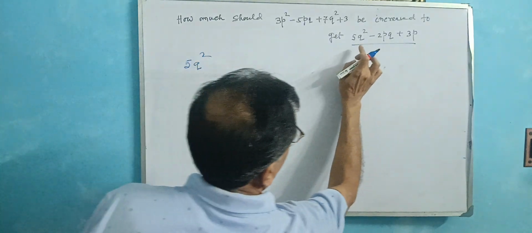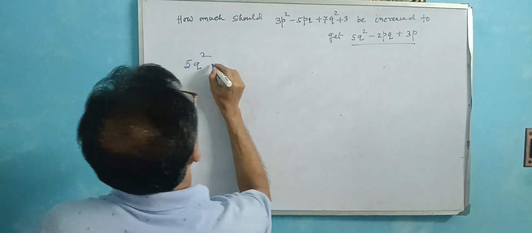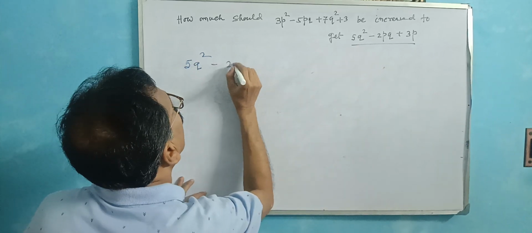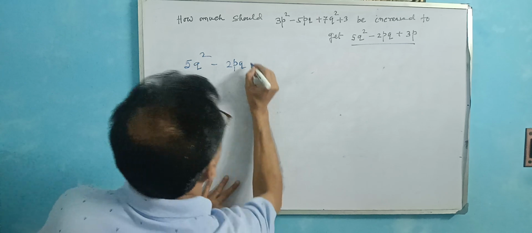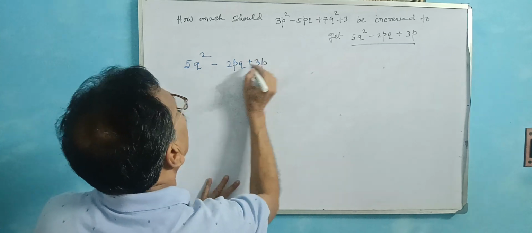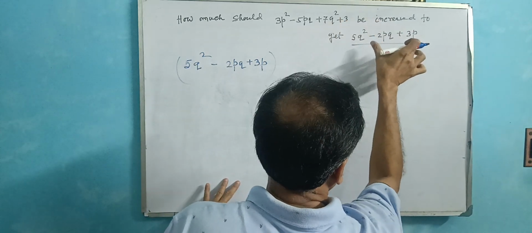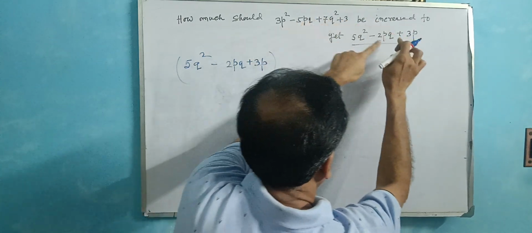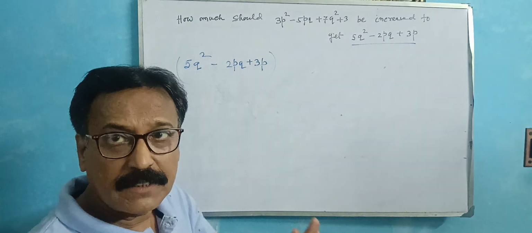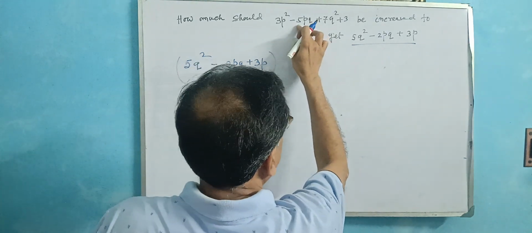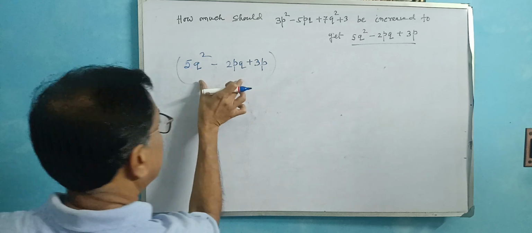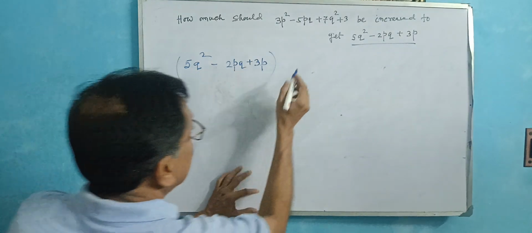Okay, 5q square minus 2pq and plus 3p. How much should be increased to get this? To get this means these are subtracted from this. That is the solving process. These are subtracted from this. So from the one you write first, in the case of the horizontal process, write first, then the subtract sign,